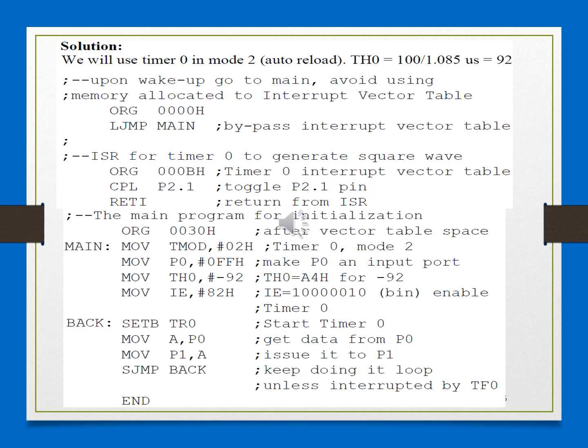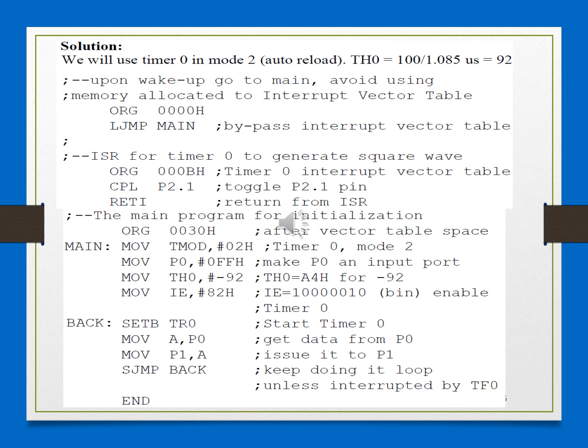Now timer 0 starts ticking. The TL0 register will start counting up: A4, A5, A6, A7, A8, A9, AA, AB, like that it goes up to the maximum value FFH. You know about the timer operation.